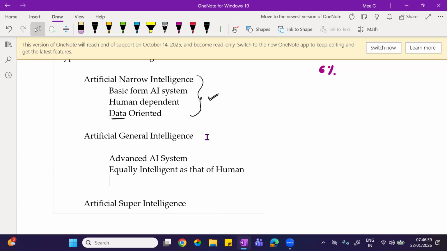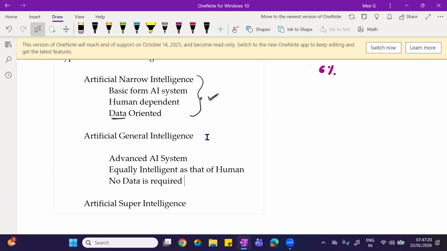In all aspects, it behaves like humans. And it doesn't require data. Okay? No data is required. Now, the million-dollar question is how it will learn.